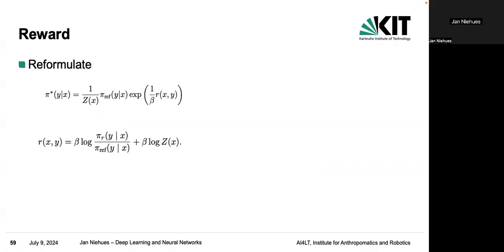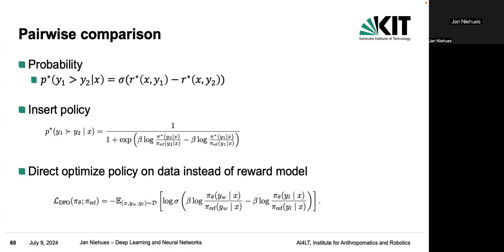However, we can reformulate things a bit. So we can take our reformulation here, based on the reward function, and solve it with respect to the reward function. The reward function should then be beta log the probability of your model divided by the probability of the reference model, plus some log Z here. And now this one we can use in our pairwise comparison data. So we keep this definition of the reward model, and then we directly get what we need to